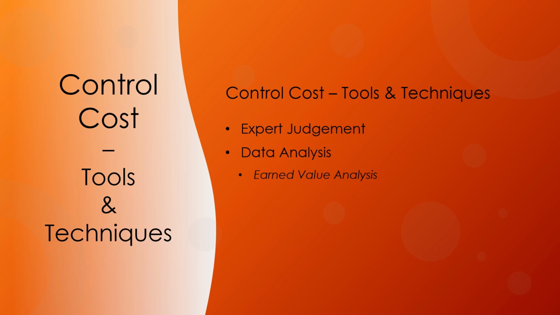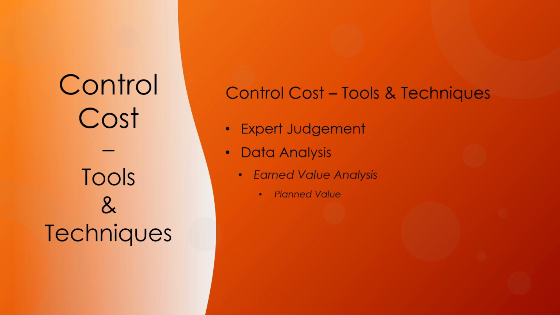EVM develops and monitors three key dimensions for each work package and control account: planned value, earned value, and actual cost. We will be discussing each of them in detail. Planned value, or PV, is the authorized budget assigned to scheduled work. It is the authorized budget plan for the work to be accomplished for an activity or work breakdown structure component,